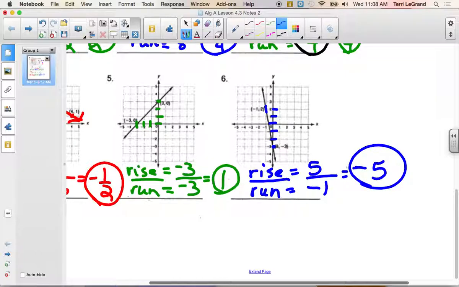And we said we wanted a negative slope because it's falling, correct? Okay, so